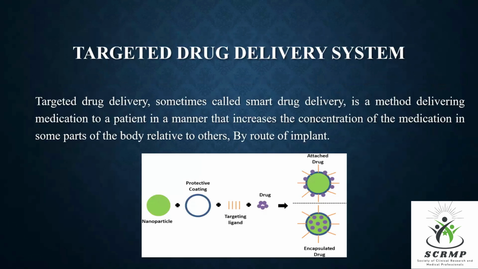Next, the targeted drug delivery system. First is the controlled drug delivery system, which works in a controlled, predetermined manner. The second part is the targeted drug delivery system, sometimes called the smart drug delivery system. It is a method of delivering medication to a patient in a manner that increases the concentration of the drug in some parts of the body relative to others. For example, this is a nanoparticle protecting coating. The protecting coating is the polymer coating, because the polymer coating